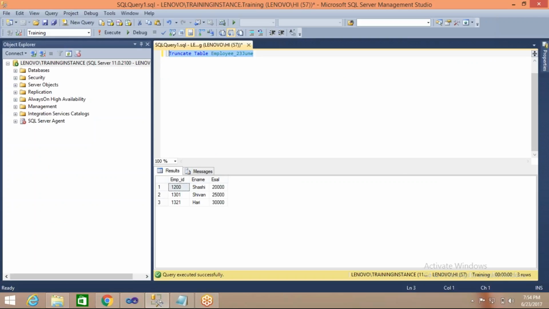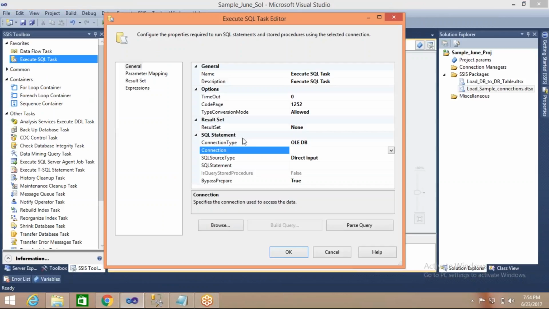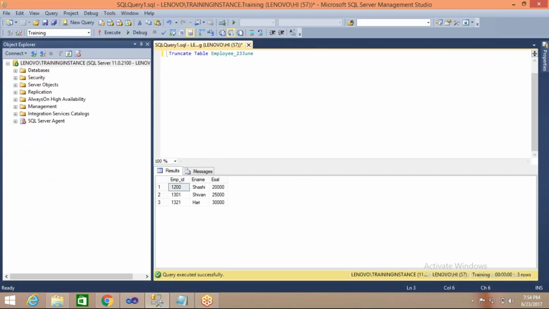My intention is I want to place this truncate statement in SSIS. I want to execute this truncate statement from SSIS itself instead of coming to this backend SSMS and executing from here. I want to execute this particular statement from SSIS itself. Okay, so take this statement, copy,